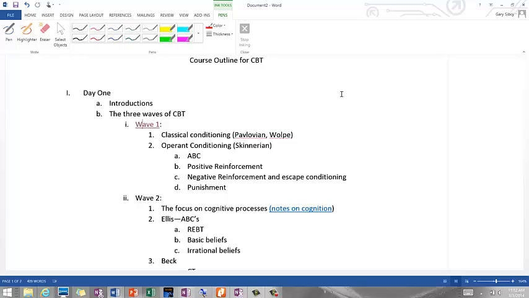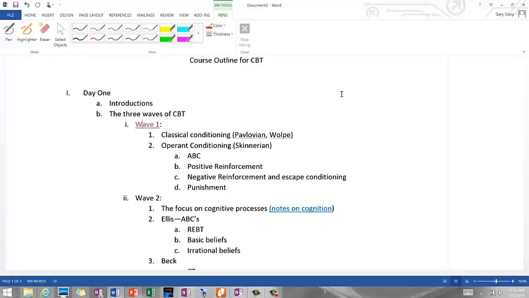So, the first wave of cognitive therapy really came out of the laboratory setting, if you will. It was the early behaviorists, Pavlov and Skinner, and these two represent two different branches of cognitive therapy.